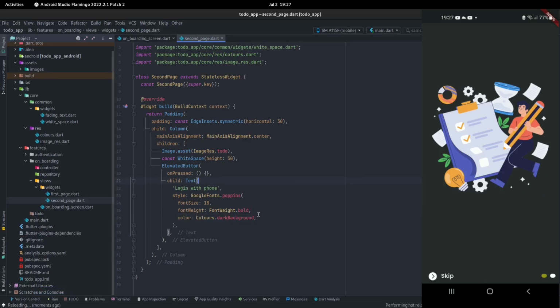Alright, that is a text color. The elevated button is going to be as it is this way. Alright, so we're going to edit this a little bit. It doesn't look like what we had, so I'm going to edit the elevated button a little bit. But then before we do that, let's